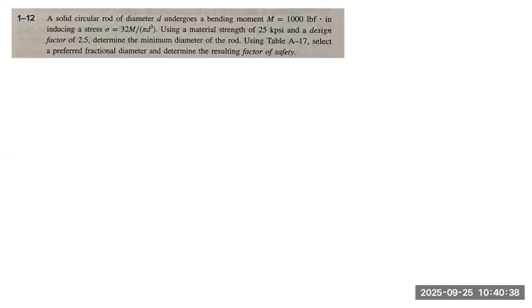A solid circular rod of diameter d undergoes a bending moment. Bending moment equals 1,000 pound force times inches, inducing a stress of sigma equals 32 M over pi d to the power of 3. Using material strength of 25 kpsi and a design factor of 2.5, determine the minimum diameter of the rod. Use table A17, select the preferred fractional diameter, and determine the resulting factor of safety. So